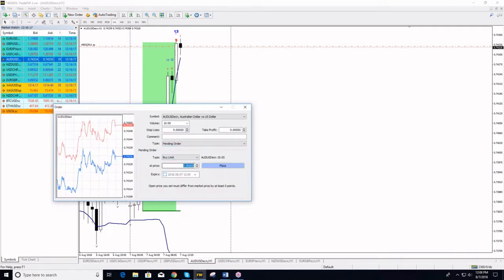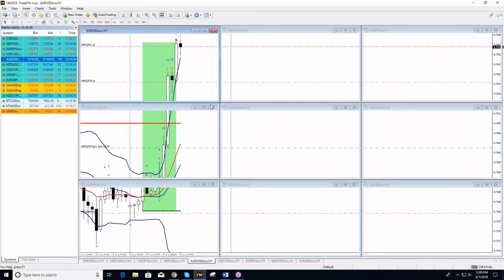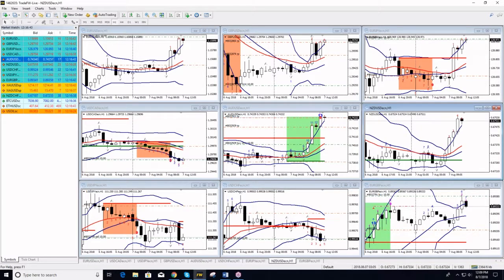So pending order 74.02, stop loss 73.82, take profit 74.22. Okay, let's go back. On New Zealand USD, again we will place a buy and a sell limit. So we have a sell limit in New Zealand USD. Check. 67.72 is a sell limit. Stop loss 67.92, take profit 67.52. So the Kiwi,